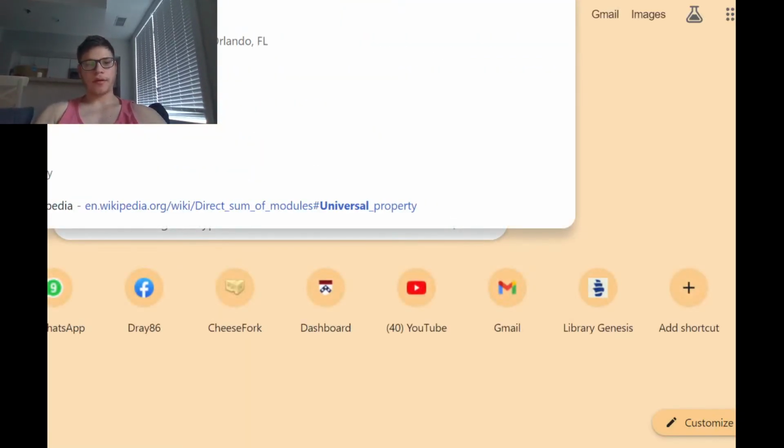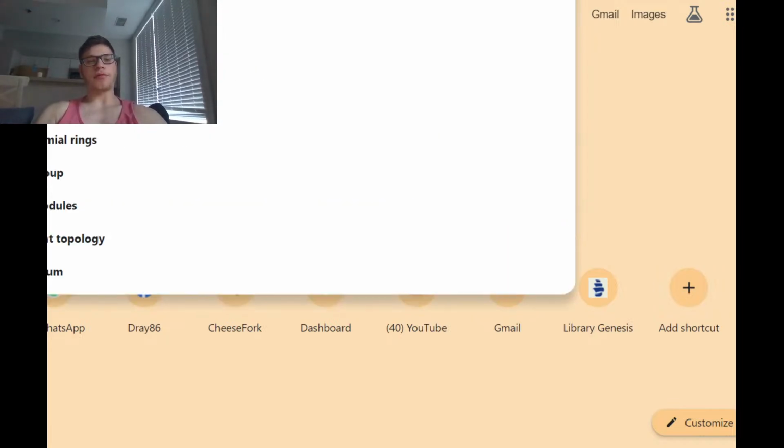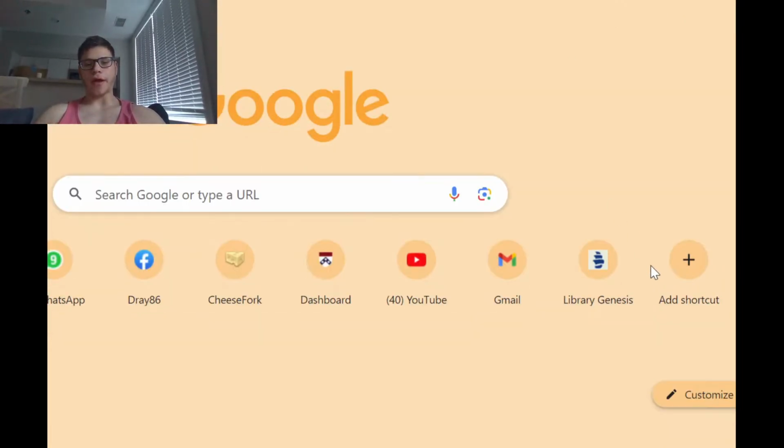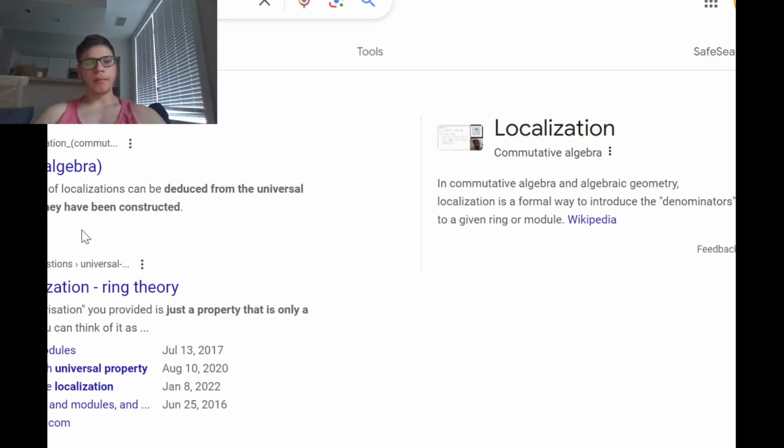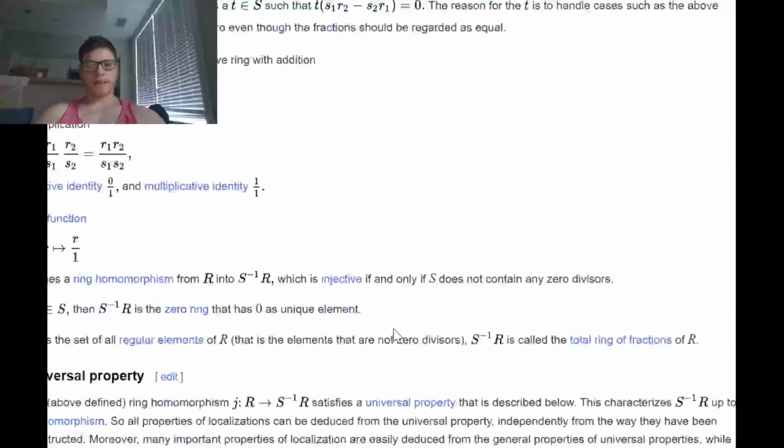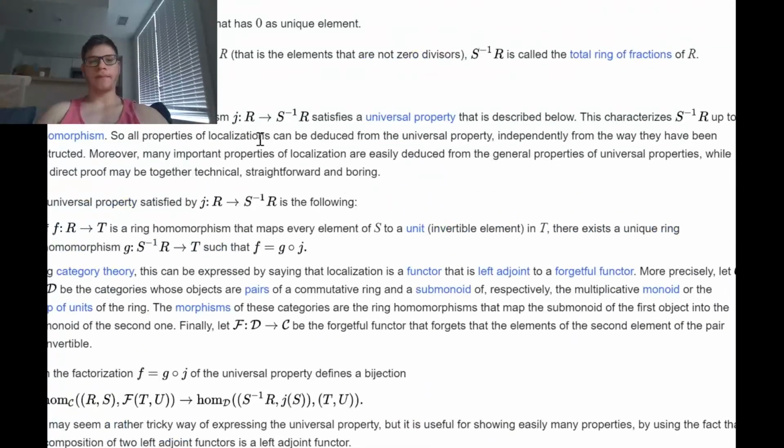Universal property of localization is what lets you do this, actually. So basically, the universal property of localization tells you the following thing. If you have, so you have the localization map,